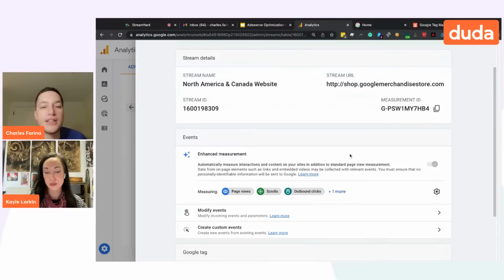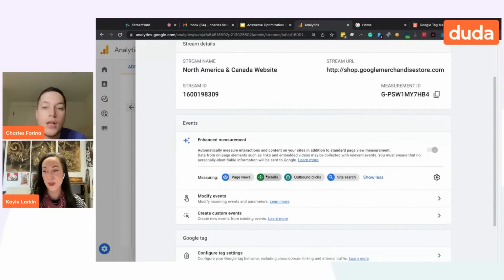So out of the box, they added this new feature called automatic or enhanced measurement, where by simply adding that one tag and spending 5 minutes using that plugin and adding this new GA4 tag, not only are you going to get your page views and some of your behavioral analytics, but Google's also going to add a variety of other things like scroll tracking, outbound clicks, even other things like forms and other parts.